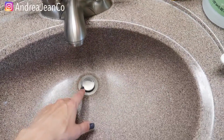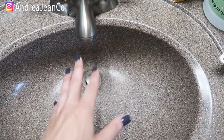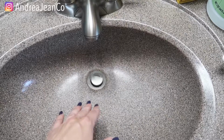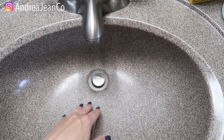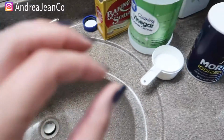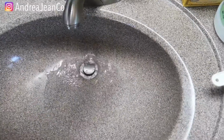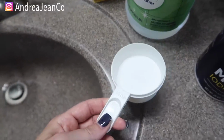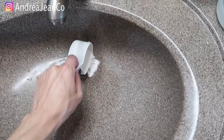So I have already run some hot water in here, I think it just helps flush out the drain a little bit as best as it possibly can. This sink was super clogged before I tried these methods, and the water would just go so slow down there. There's no rhyme or reason for the exact amounts that I'm going to be using here today, but I have about a quarter cup of baking soda. So I'm just going to put this here towards the drain spout,